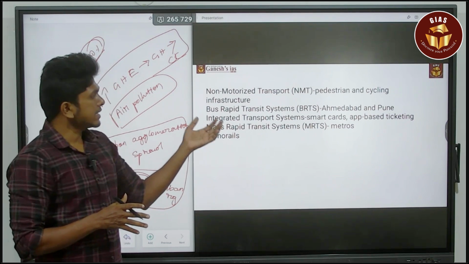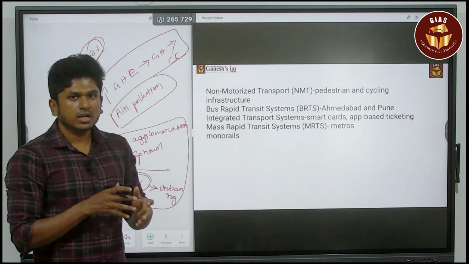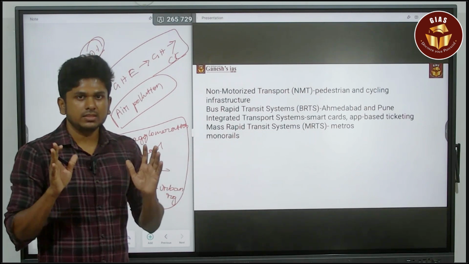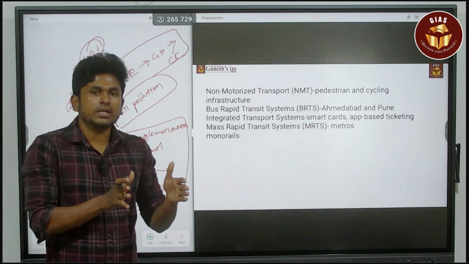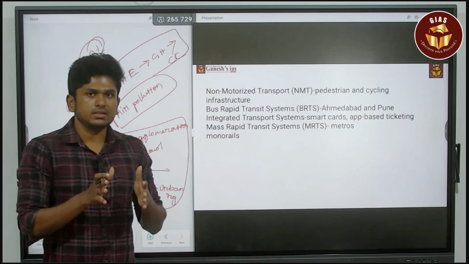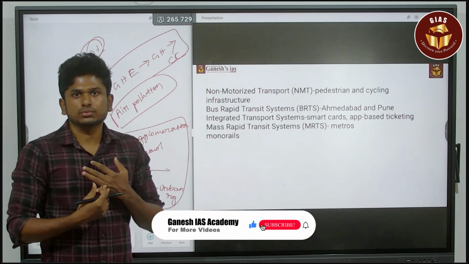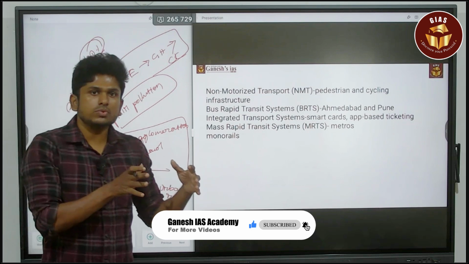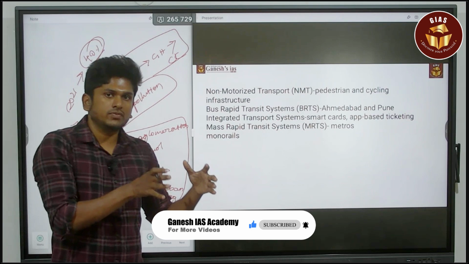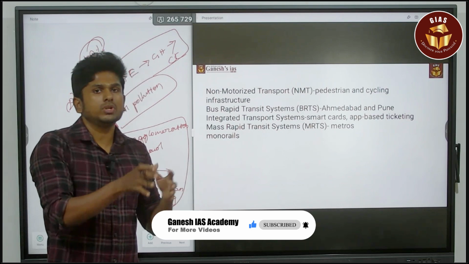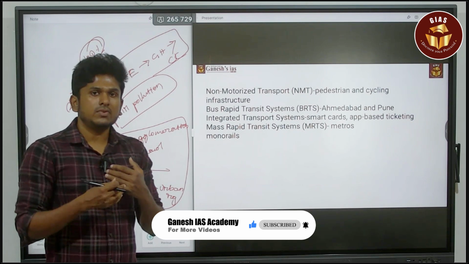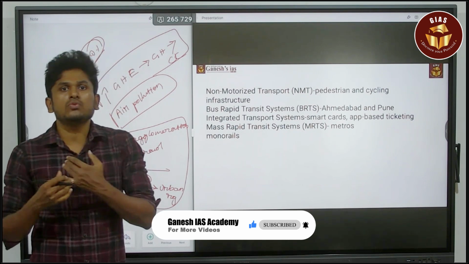Next, the bus rapid transit system. In Ahmedabad and Pune, there is a thing called the bus rapid transit system. In that, a specific route is allocated for the bus service. So if you need to reach any destination, you don't face any traffic issue. It is an exclusive road for that bus, allocated for connections between any two regions. So you don't face any traffic issue, and by the way, it will reduce people using their own vehicles.